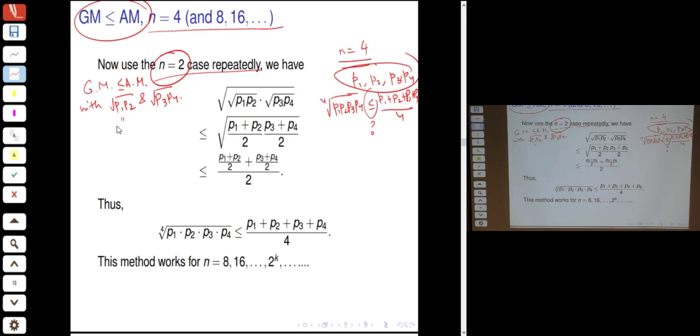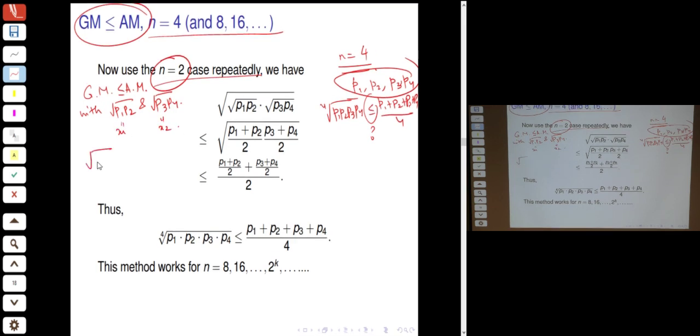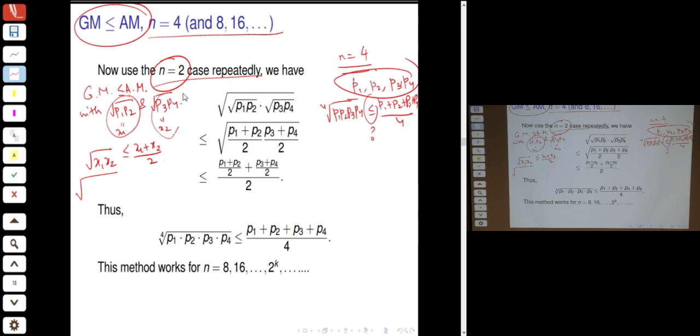So, this is x1, this is x2. So, GM less than or equal to AM means that square root x1 x2 is less than or equal to (x1 plus x2) by 2. So, if you choose x1 to be square root P1 P2 and x2 to be square root P3 P4, then the square root of square root P1 P2 times square root P3 P4 is less than or equal to